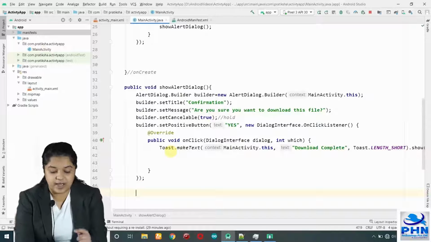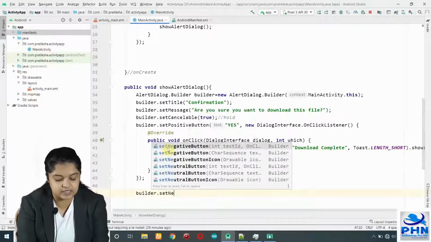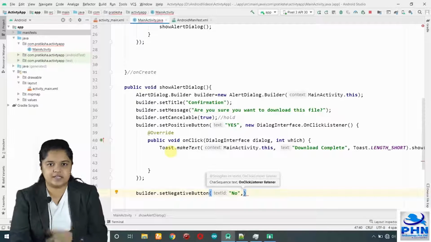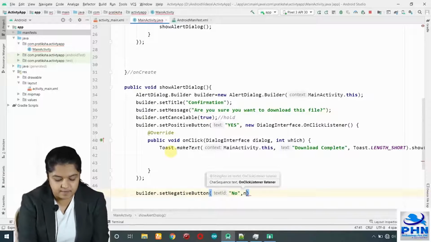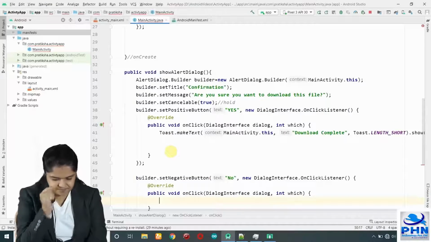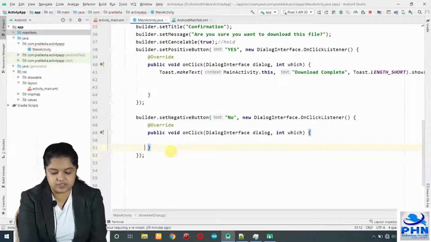So you have to come out of this click event of the Yes button and write builder.setNegativeButton. You can write any text: No, Cancel, Delete, anything. Comma, new, space, capital O, enter. And at the end you have to give a semicolon.